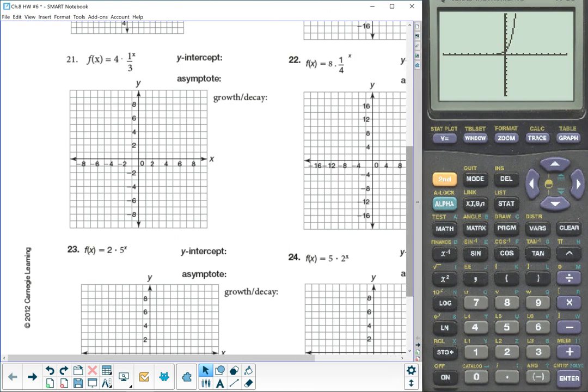Okay, number 21. So basically, if you're gonna do these by hand, just do it like how you normally would. Forget about the 4. Just get the answer and then times it by 4. That's all it is. Right? So